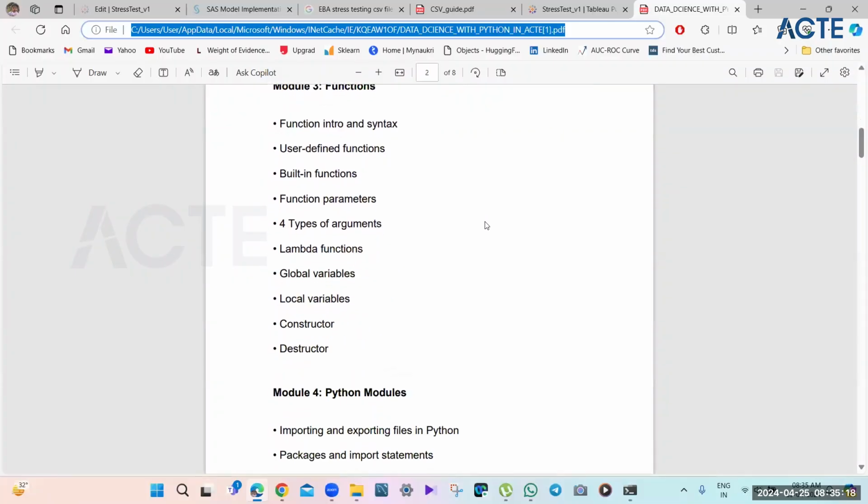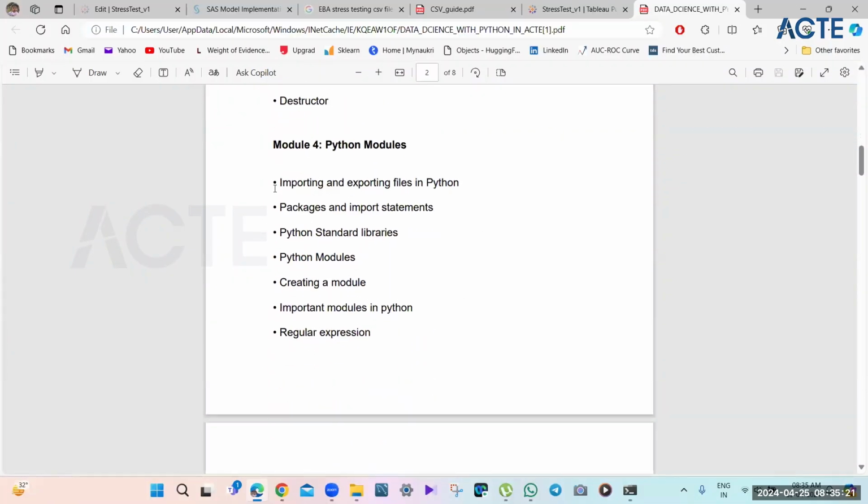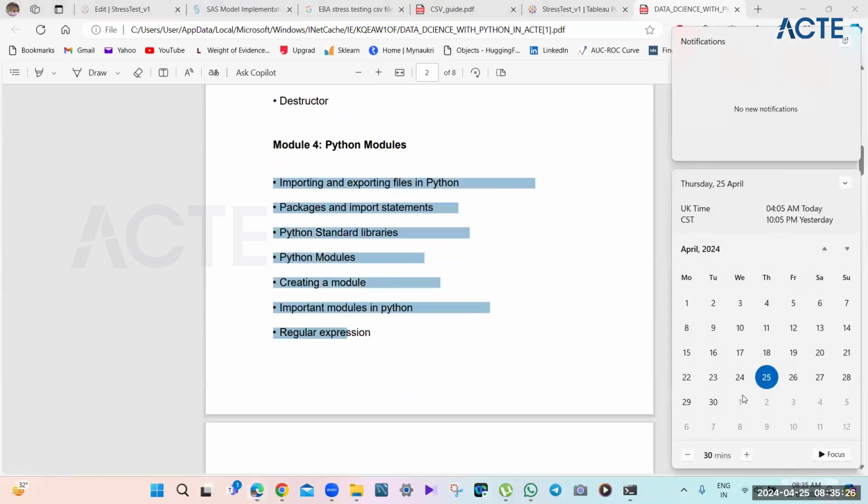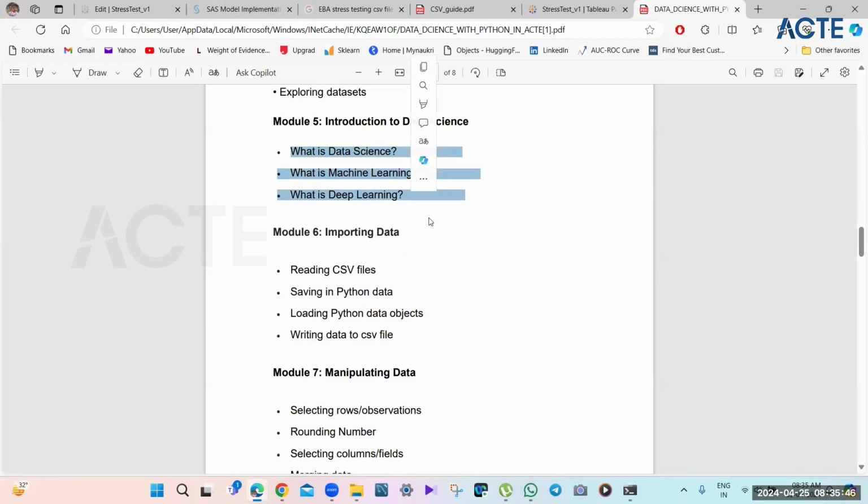Yeah, good morning. Today, I was just planning to do this part, but it's absolutely all right. We can do it next week itself. So let's do it on Monday. What is data science, machine learning, deep learning, and all of that? Yeah, we can do it. I think, yeah, tell me.